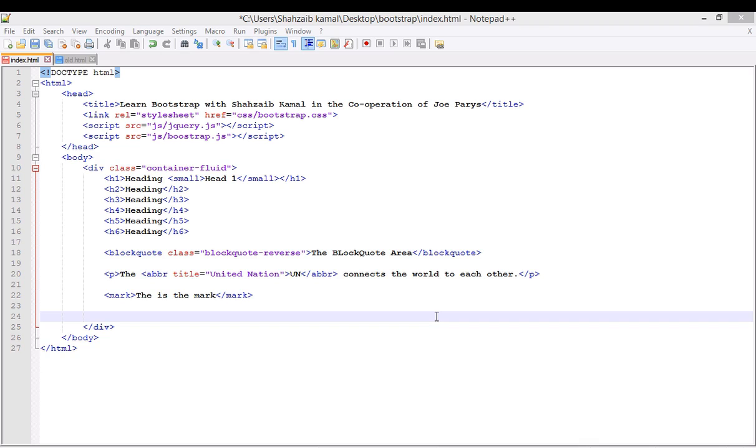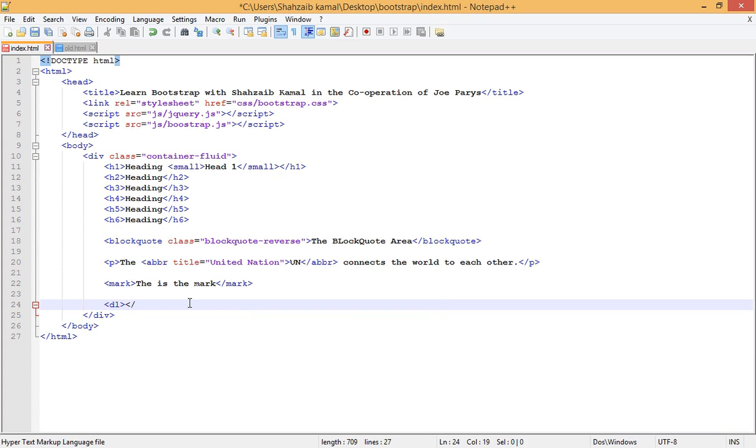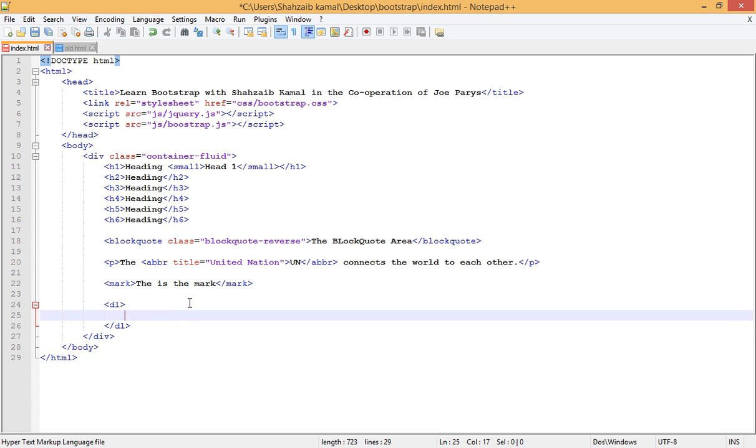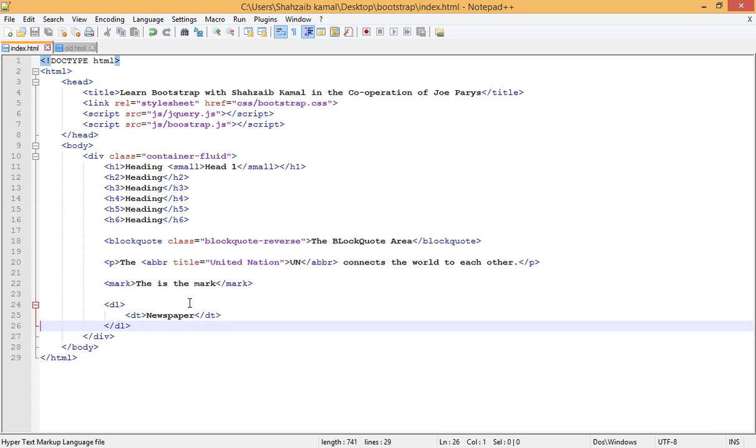Hello and welcome back. So in this class we are just talking about more text styles in Bootstrap. Just put the DL tag, the description list tag, and inside it, as the heading of the description, I'm typing DT and covering that. Between these tags I'm typing newspaper. I can type anything I want. Here, pressing enter and putting DD, covering that, and here I'm typing the newspaper